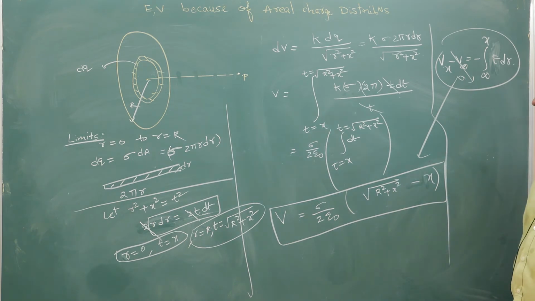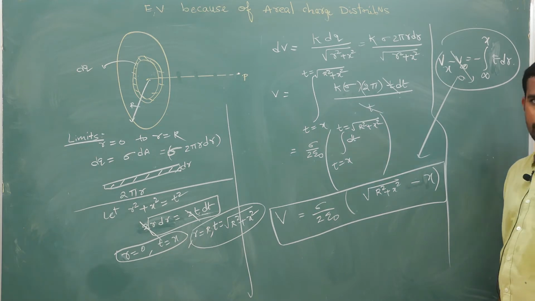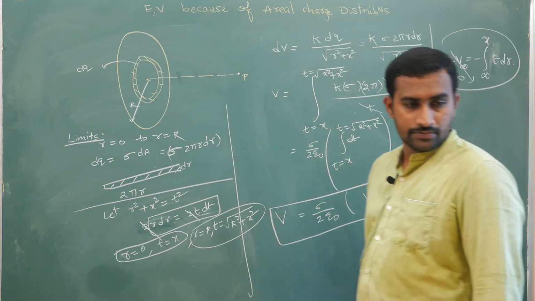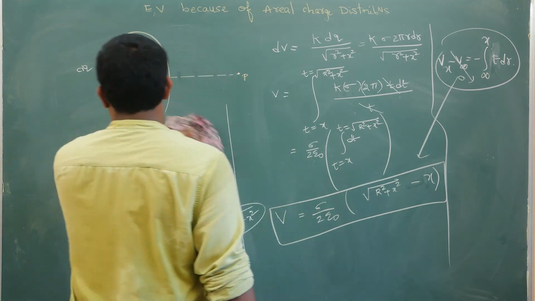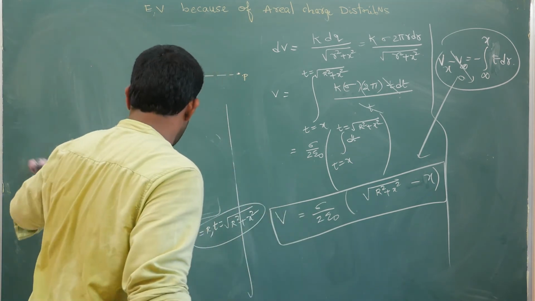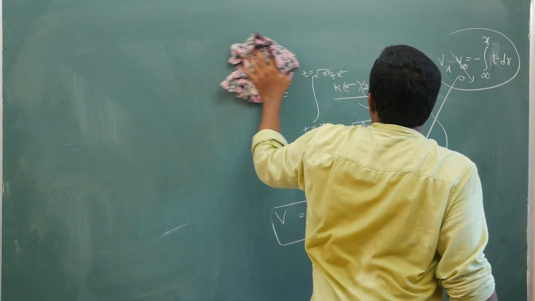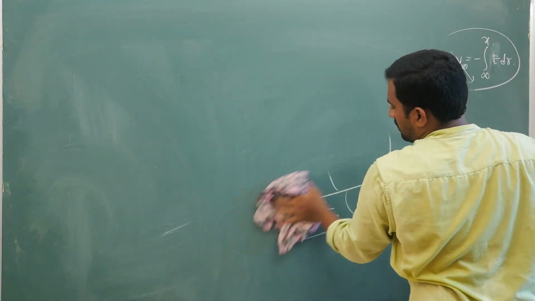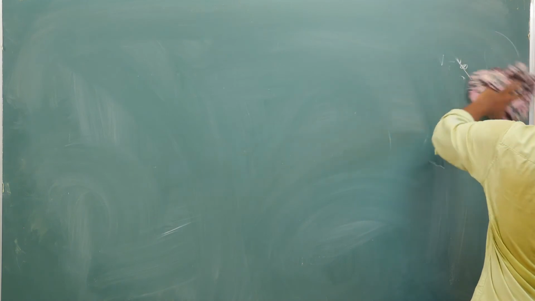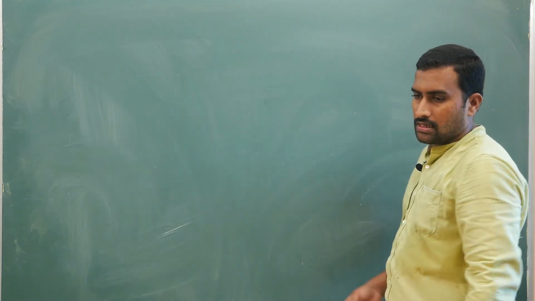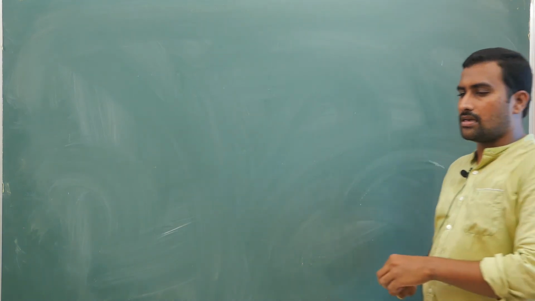So this is your potential because of a disk of charge, where your sigma is total charge by total area. So first we have done, this is your case 6, that is for a disk. Now your case 7 is